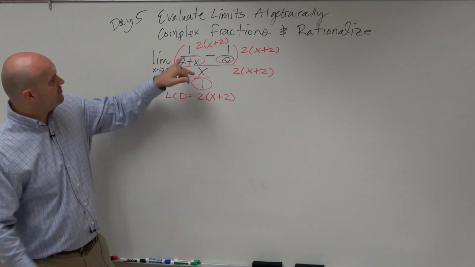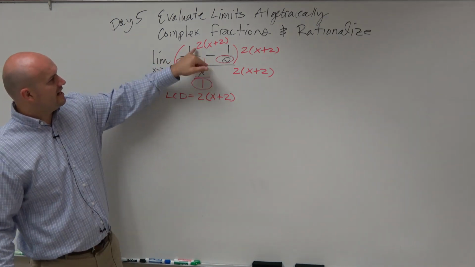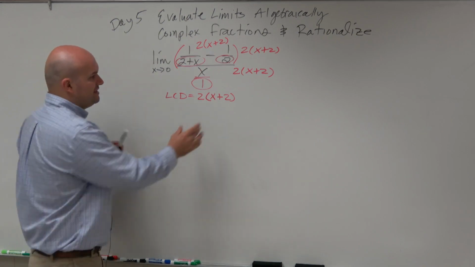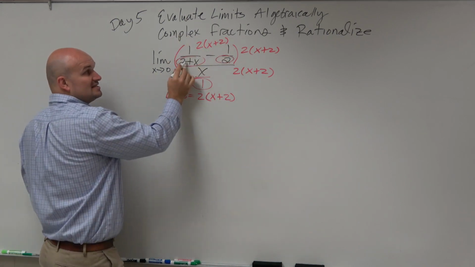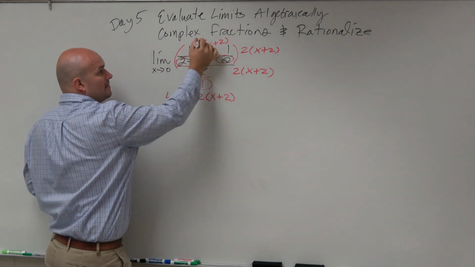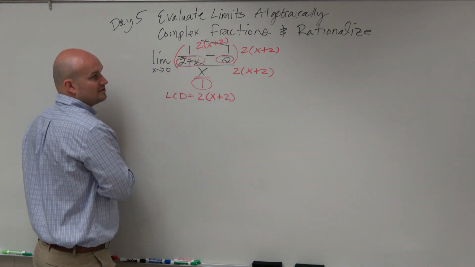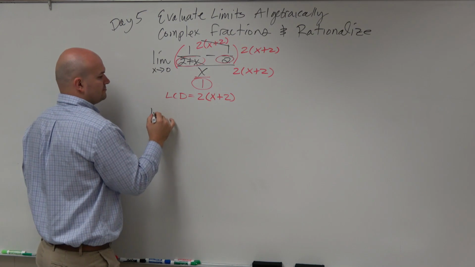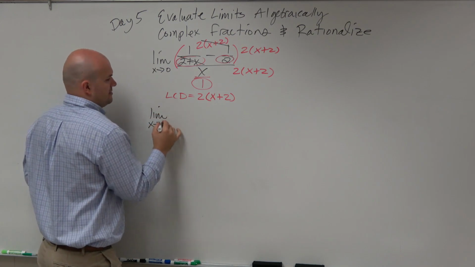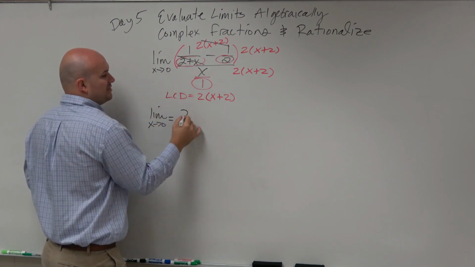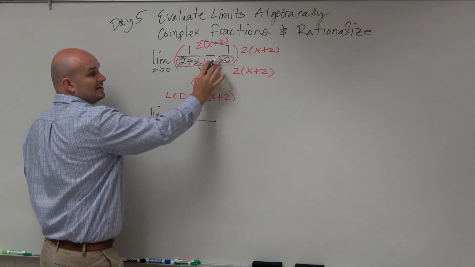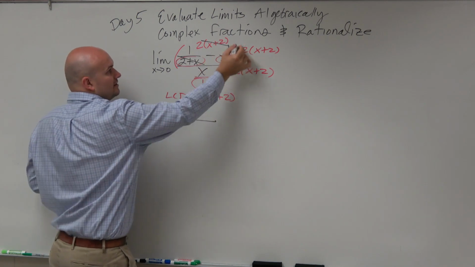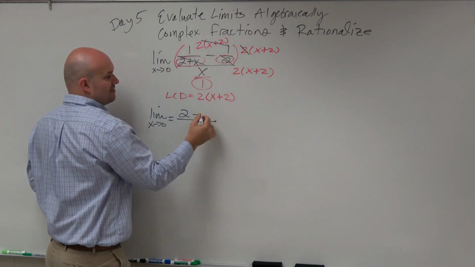So what happens when I multiply 1 over 2 plus x times 2 times x plus 2? Well, these are the same. They're just switched around. So since this is in the denominator, that's in the numerator, they divide out to each other, right? So that's going to just leave me with 2. And then minus. Now here, you can see that the 2's divide out. And again, guys, if you did this correctly,